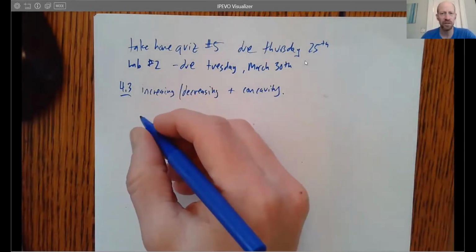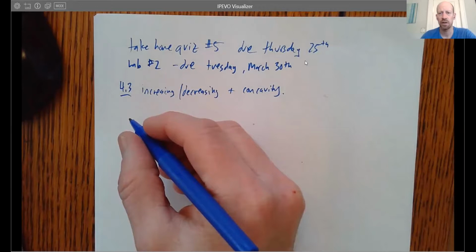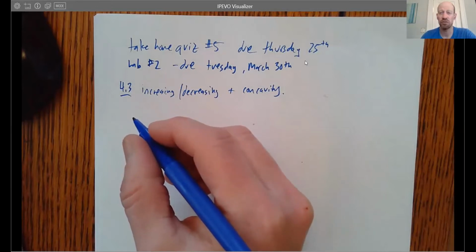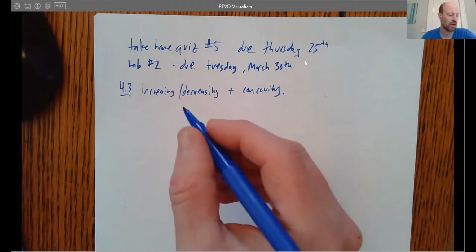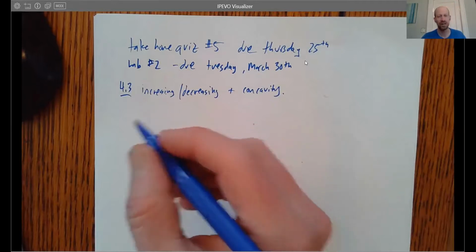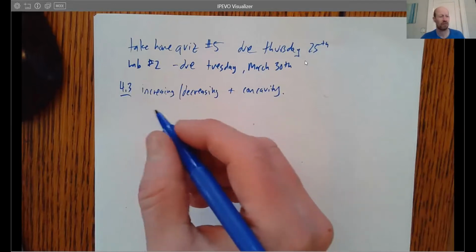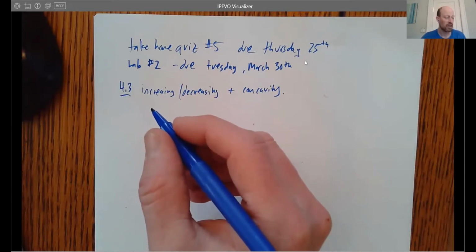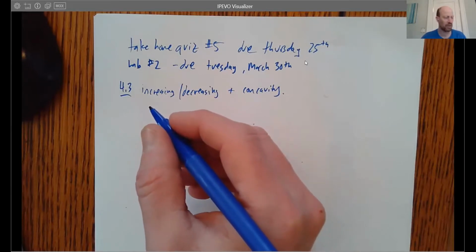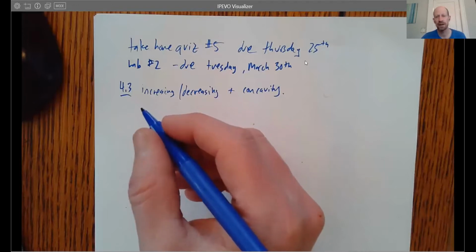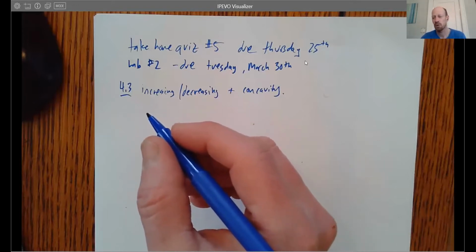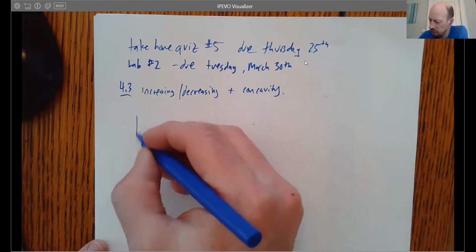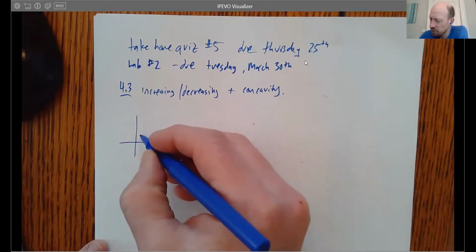What 4.3 is giving us is telling us about what a function looks like from its derivative. So what can you tell about a function from its derivative? We already know some of these ideas, but this is formalizing what we already know. And the idea is that if the function